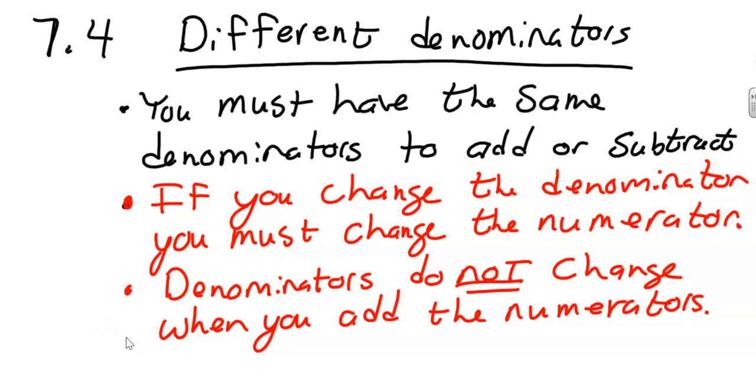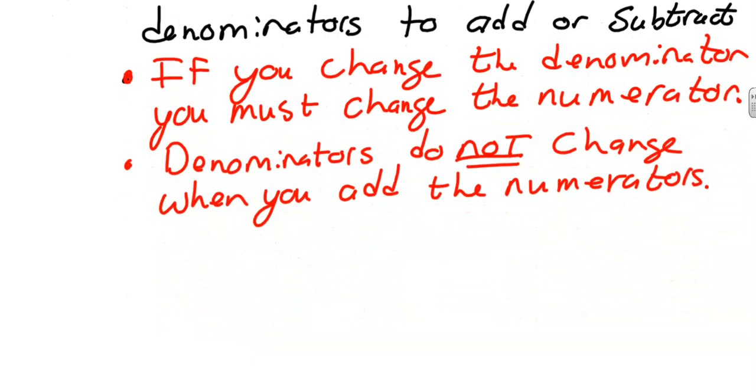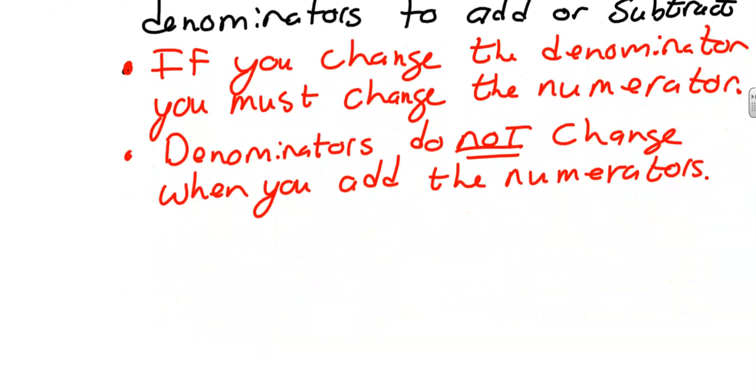Okay. So if you have different denominators, change the numerators or change the denominators so that they're the same. Whatever you do to change the denominator of one part, you have to do the same thing in the numerator. And once you do that, then you go ahead and add or subtract whatever you have in the numerators. Don't change the denominators. And at the very end of it, you always have to go back and then simplify at the end